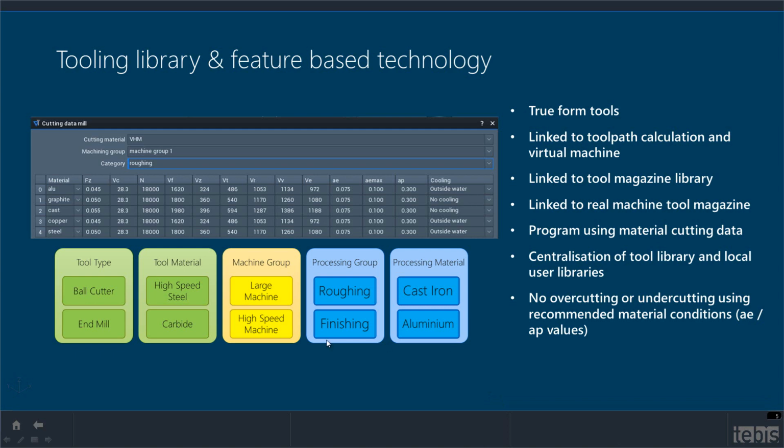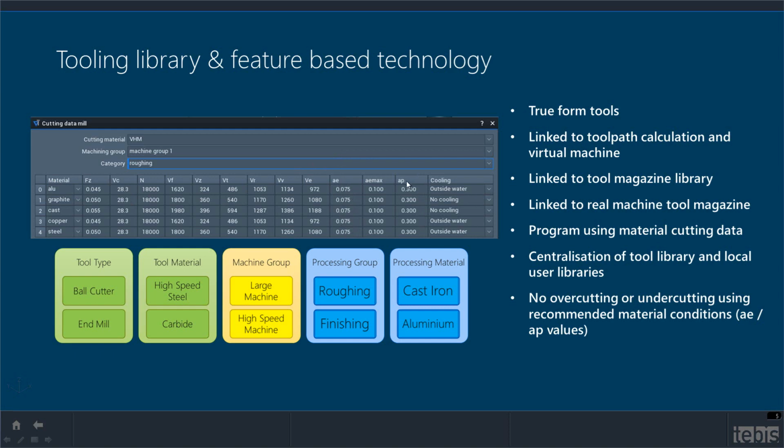And as you can see here, we have various ways of filtering down all of these processes, even to the processing material, the material we want to cut, whether it be cast iron, aluminium, clay. And you'll see we have all of our standard feed rates in here, which you'd expect, from our spindle speeds, cut per tooth, and our standard step overs. But also, more importantly, we have all of the extra important parameters such as your plunge feed rates, your step over feed rates, your ramping feed rates and cornering feed rates,